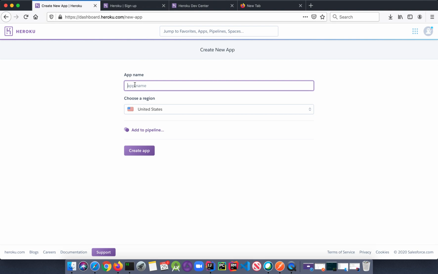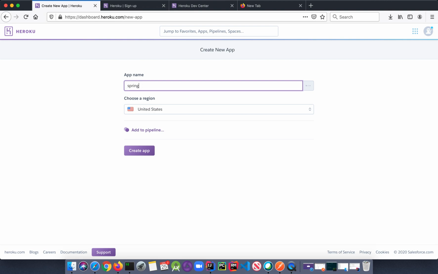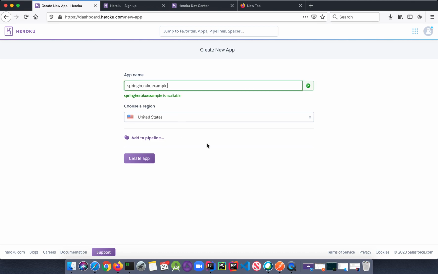Here you just need to give a name for your application. I have a Spring Boot application, so I'm giving a name related to that. Make sure that all of your letters are in small case. So it is available.